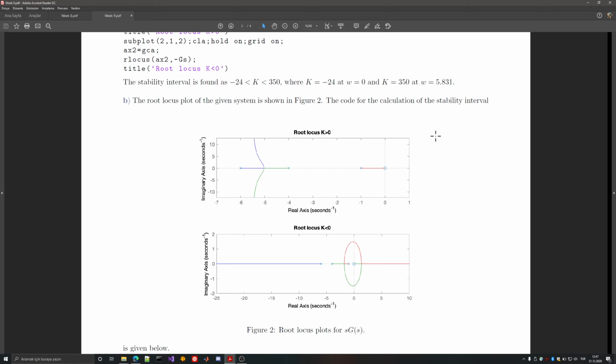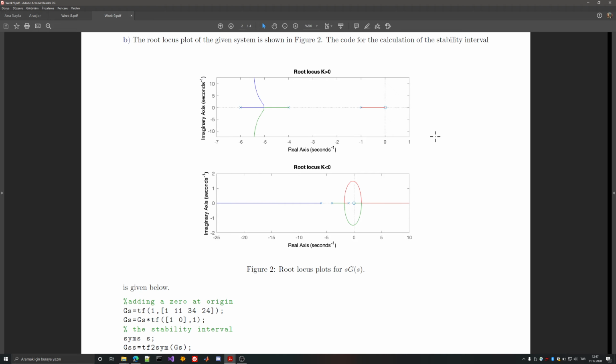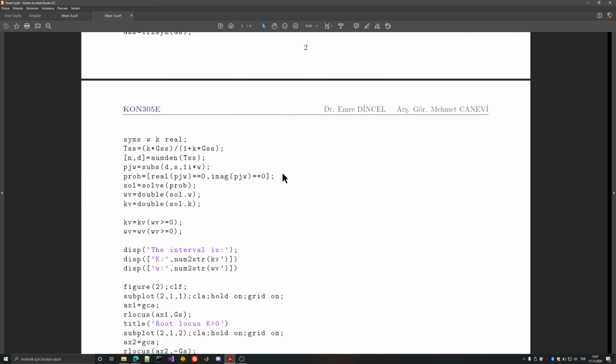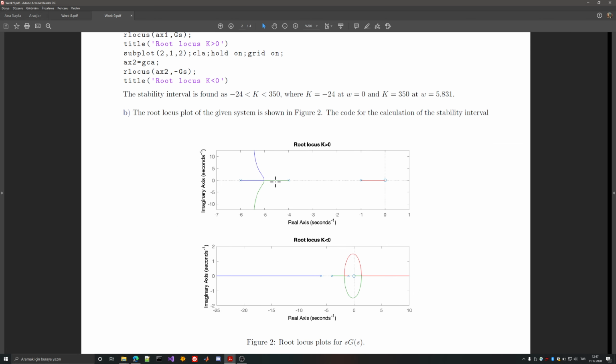Now, for the negative part, we have a crossing. Basically, two poles cross the j omega axis. So I don't have infinity here. I have a certain value, and I can see that this value is also a little bit extended. So based on this system only, I can say that adding a zero to this system increases its stability interval. And the logical explanation for this makes sense because